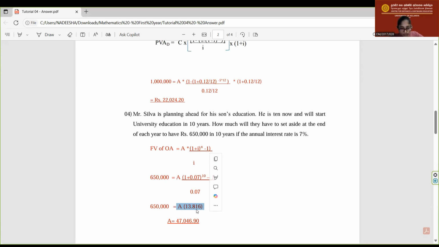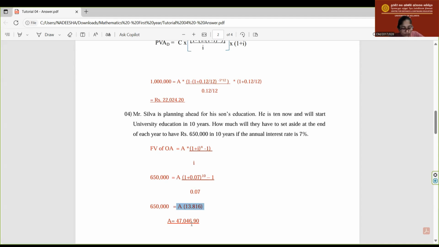So you have to isolate A, you have to find A. Therefore, we find A by doing 650,000 divided by 13.81644796, right? Then you can get the value they have to set aside at the end of each year as 47,405.376, or else if you just divide 650,000 by 13.816, the answer would be